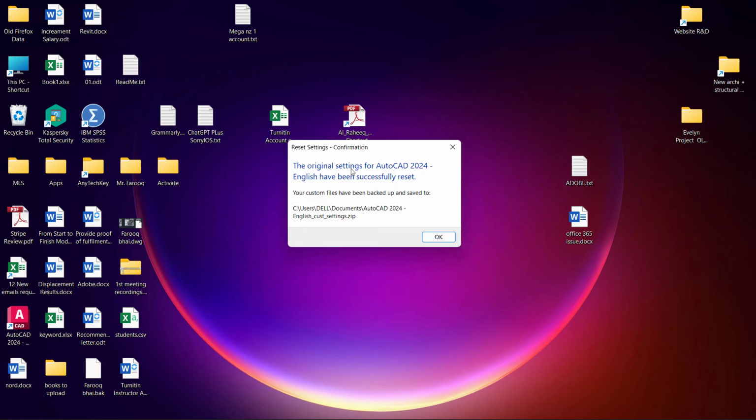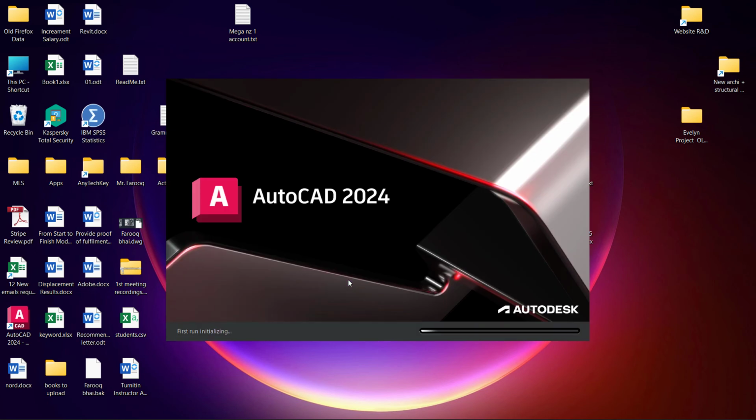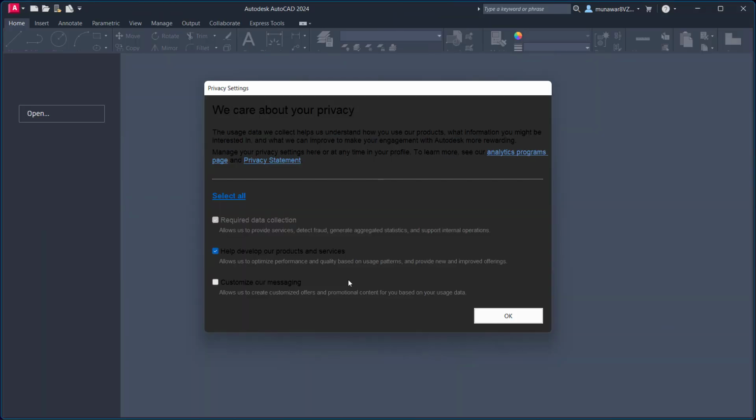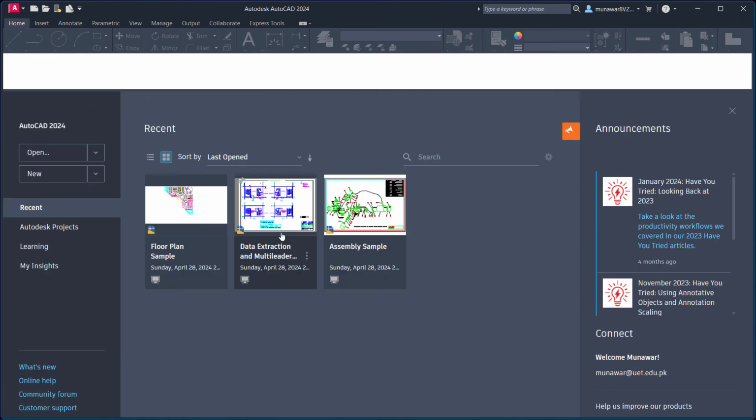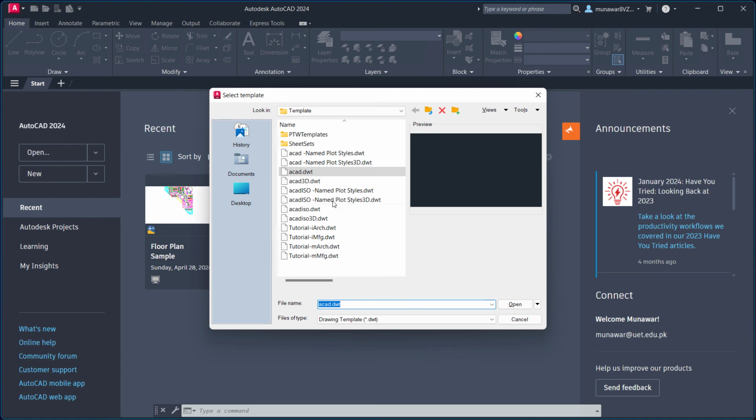Okay, the original settings for AutoCAD English have been successfully reset. That's all. Now AutoCAD is in its original settings, meaning it will start again from scratch. Okay, here you can see again a new file, all things are the same as it